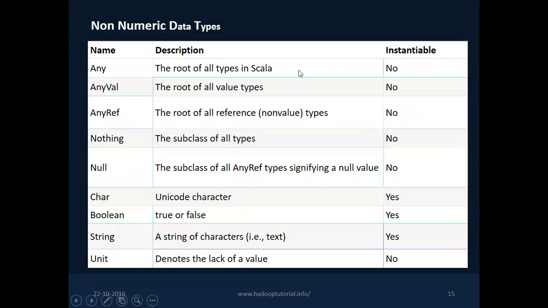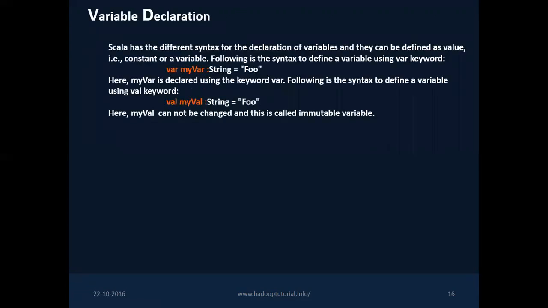And Any is the root of all the data types in Scala, and AnyVal is the root of all the value types, and AnyRef is the root of all reference types. Nothing is a subclass, null, and all this. It's the same stuff that we discussed. Okay, now,